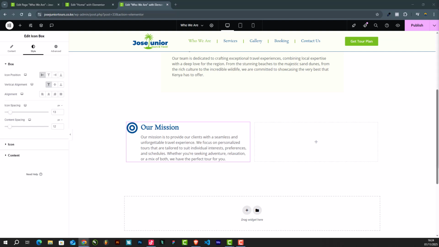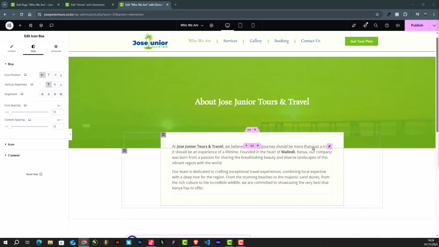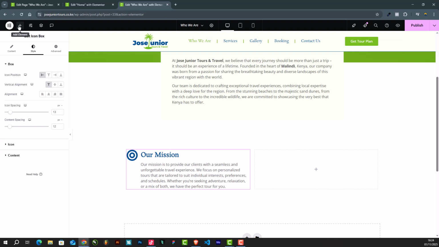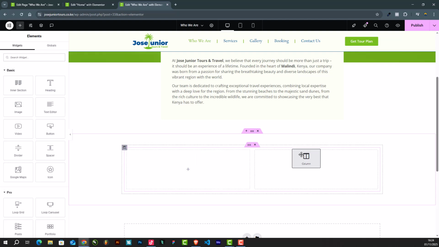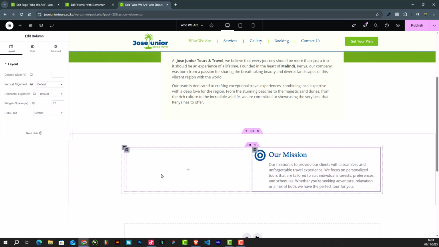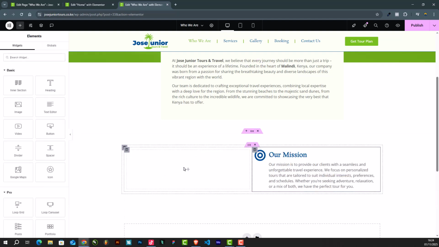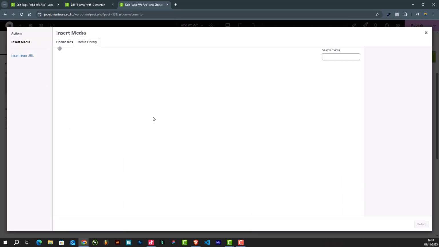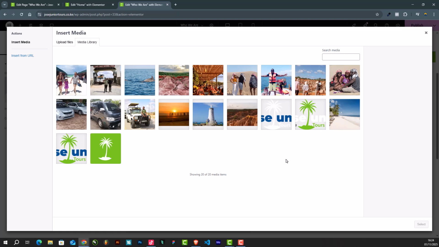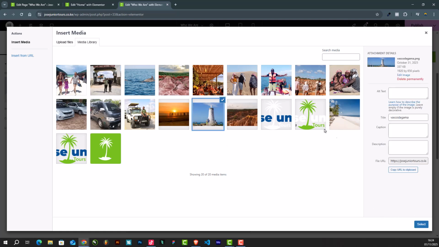Then I have another description that I wanna put here, but I won't put it because I'm going to have an image here, to break the monotony of too much text. So I'll just take this to the right. Then I'll have the image here on the left column. So image, click and drag right there. Then let's see which image we're going to use over here. So I'm just going to pick this image,